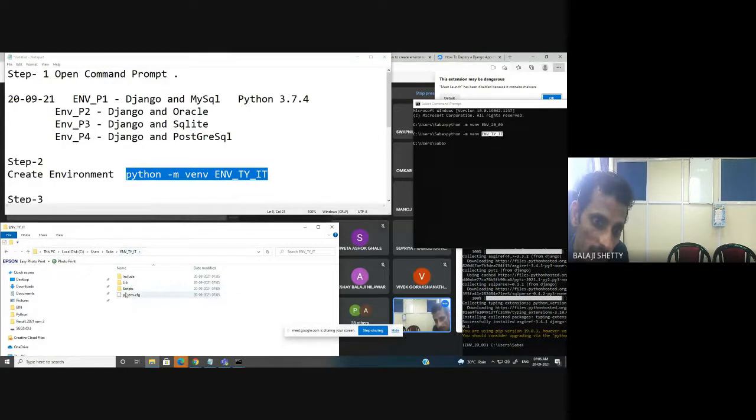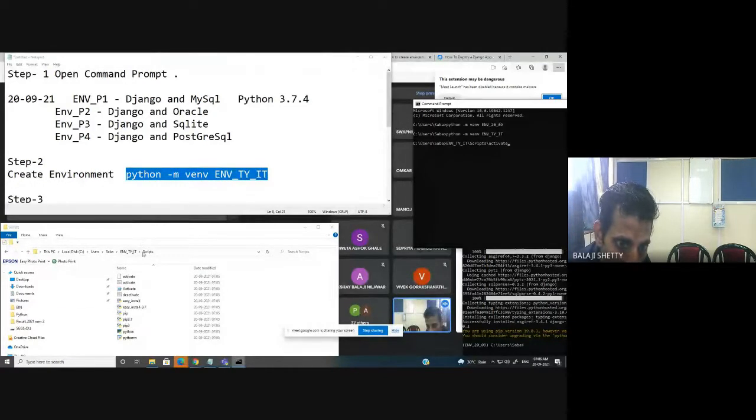Write as it is: environment tyit\Scripts, capital S, not small. Scripts\activate, all small. Press enter. Now you can see the environment is activated.